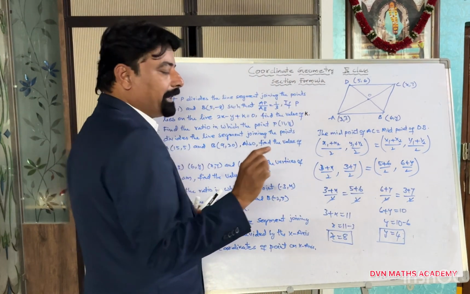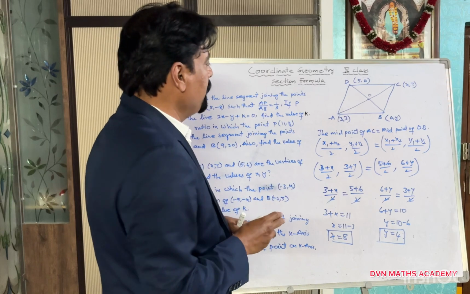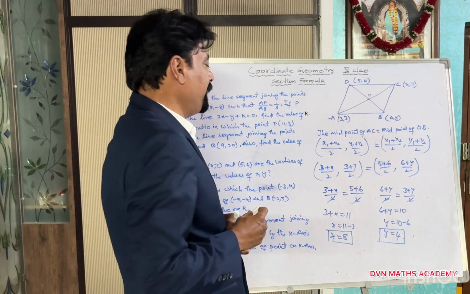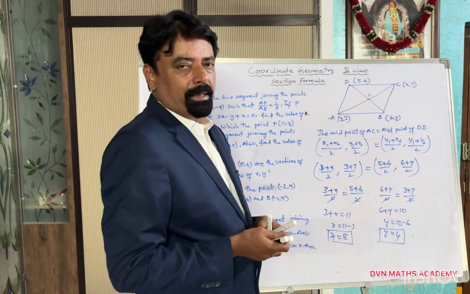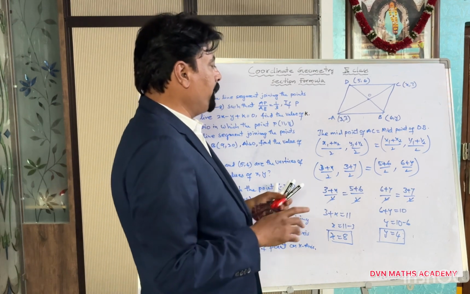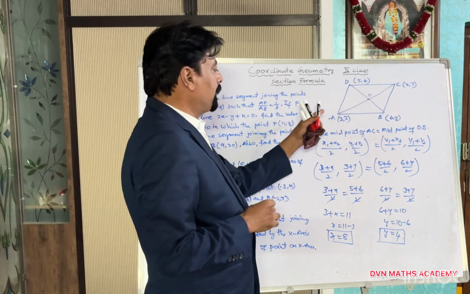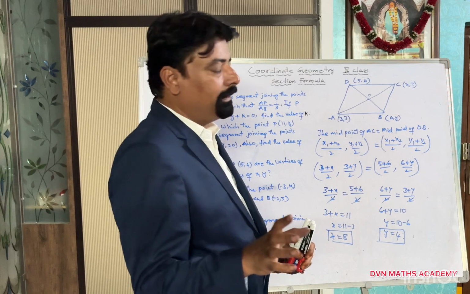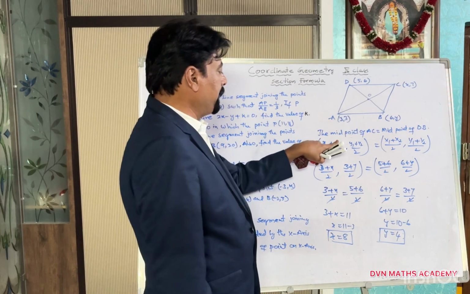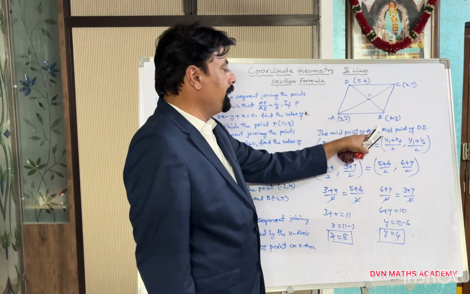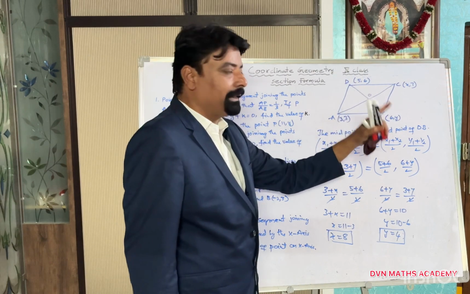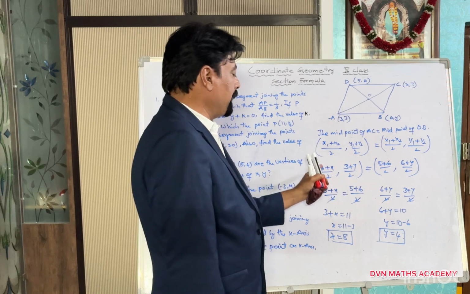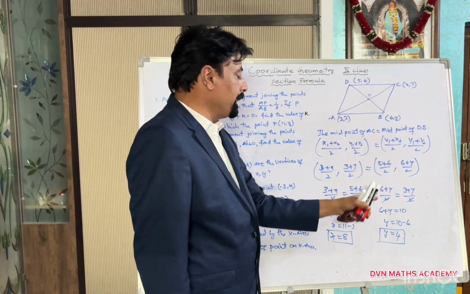So this is one of the interesting concepts. It is in your textbook, so this type of question you will also get in your exam. Here what we are required to know is the properties of a parallelogram. By using those properties, it is solved easily. The diagonals bisect each other, therefore the midpoints of the diagonals should be equal. According to that property, the midpoint of one diagonal AC should be equal to the midpoint of the other diagonal DB. That property I used here. And if you substitute those values and compare the x coordinates and y coordinates, you will get the values